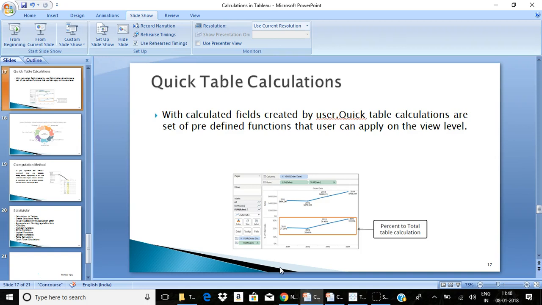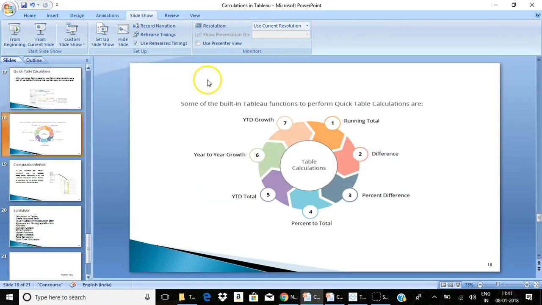As I said, quick table calculations are something which has been created based on results of your query. With calculated fields created by user, quick table calculations are a set of predefined functions that user can apply on the view level. So these are all the quick table calculations which is already predefined.